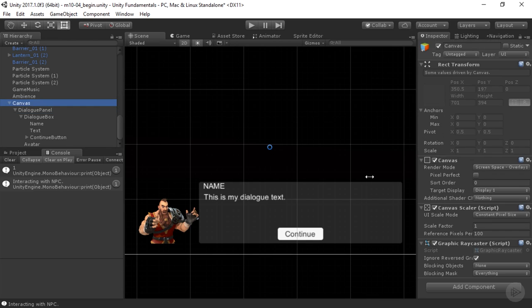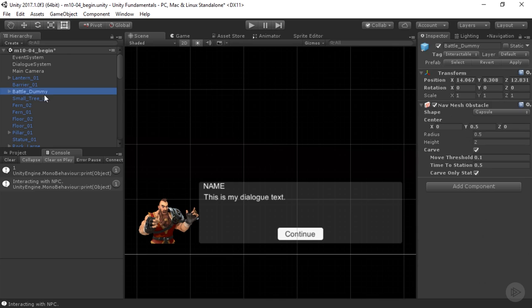And then on our canvas, everything looks good there. Now on the canvas, you have this component called Graphic Raycaster. This just ensures that you can actually click onto the canvas itself. So now that everything is set, what I would like to do is come up to the Battle Dummy object,